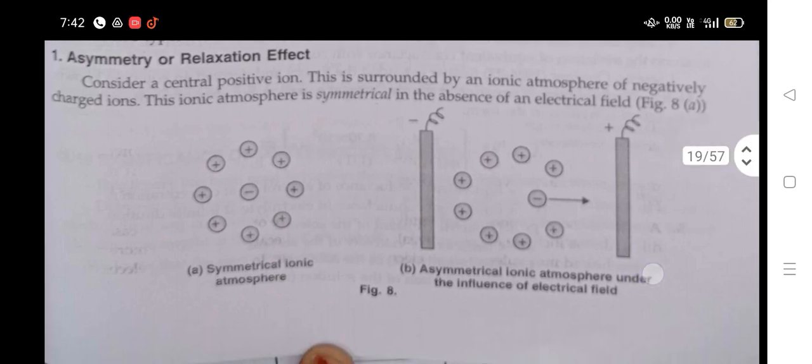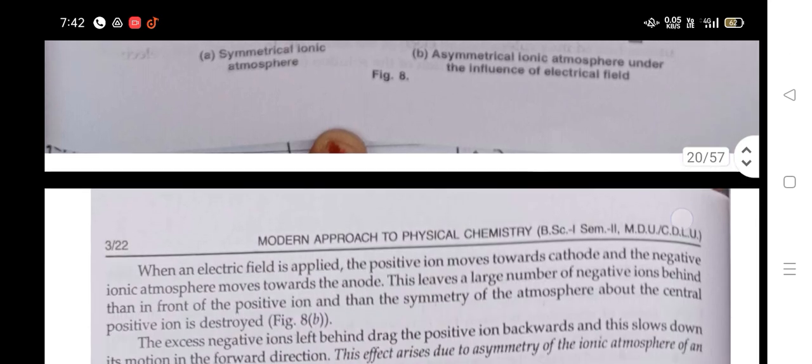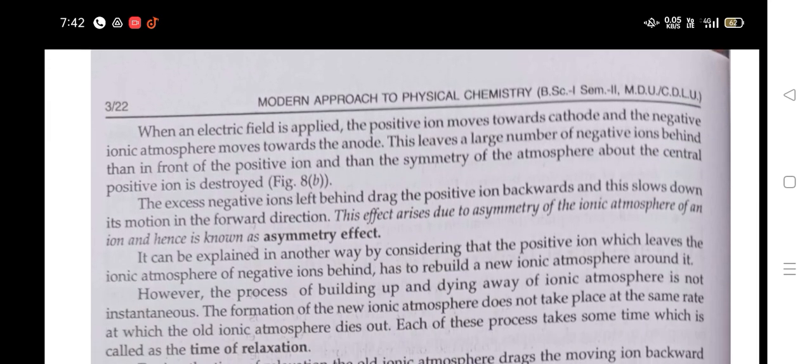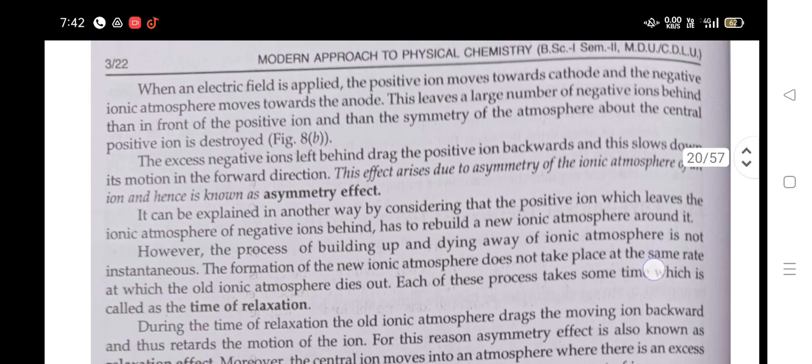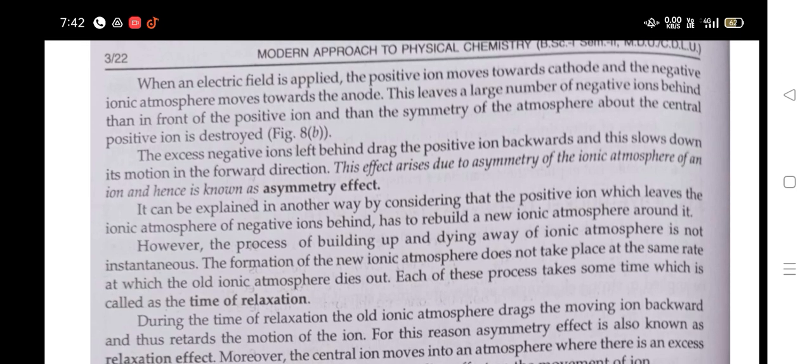This ionic atmosphere is symmetrical in the absence of an electric field. When an electric field is applied, the positive ion moves towards the cathode and the negative ionic atmosphere moves towards the anode. This leaves a larger number of negative ions behind than in front of the positive ion, and then the symmetry of the atmosphere about the central positive ion is destroyed. The excess negative ions left behind drag the positive ion backward, and this slows down its motion in the forward direction. This effect arises due to asymmetry of the ionic atmosphere of an ion and hence is known as asymmetry